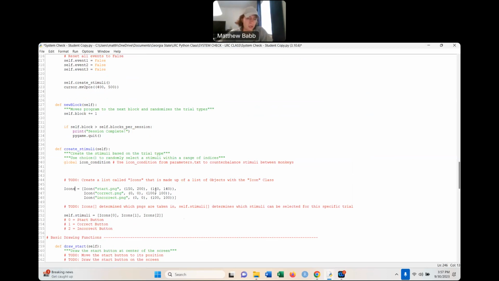And so, for example, I may want to do something like this. I'll undo this because this won't allow the program to run because there's no such thing. But maybe I want to have 2 different trial types. One in which you have to click the green square and one in which you have to click the red square. The way I can do that is I can go if self.trial type equals self dot